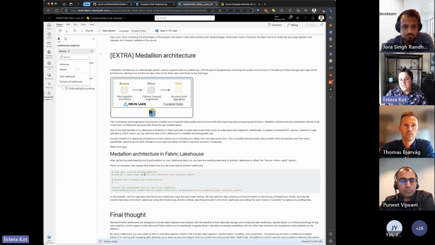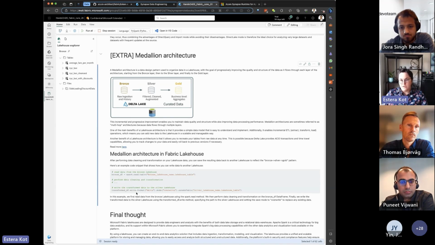But the current suggestion is, again, we can attach multiple lakehouses to our notebook. At the same time, if you are using PySpark, my recommendation is to use PySpark to access the tables from different lakehouses from one notebook. So at the end, your notebook can read the data from bronze and save to a different lakehouse named silver, and so on. And there is a code snippet here that you can follow. And that's all. Let's start with questions, thoughts.